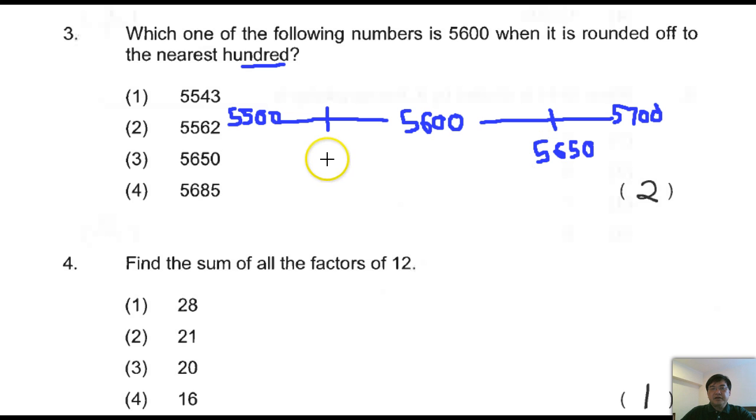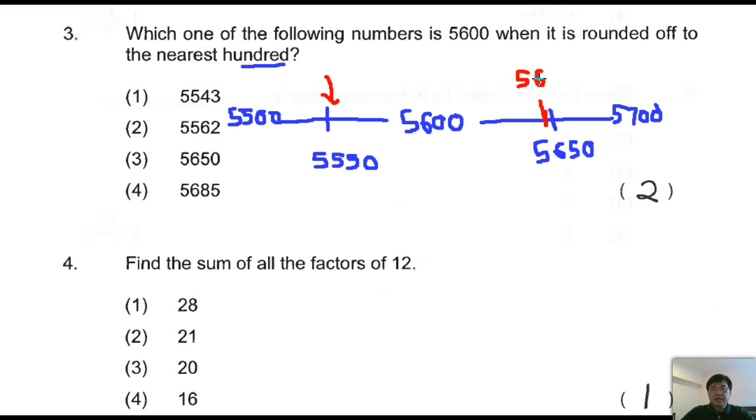Over here the midpoint is 5550. So the range starts from 5550, and all the numbers along here can be rounded to 5600, but up to this point,